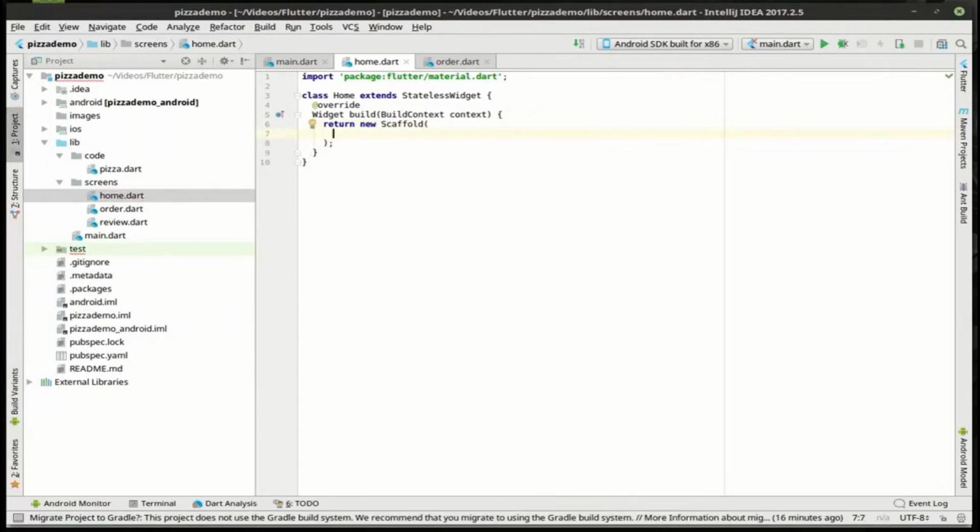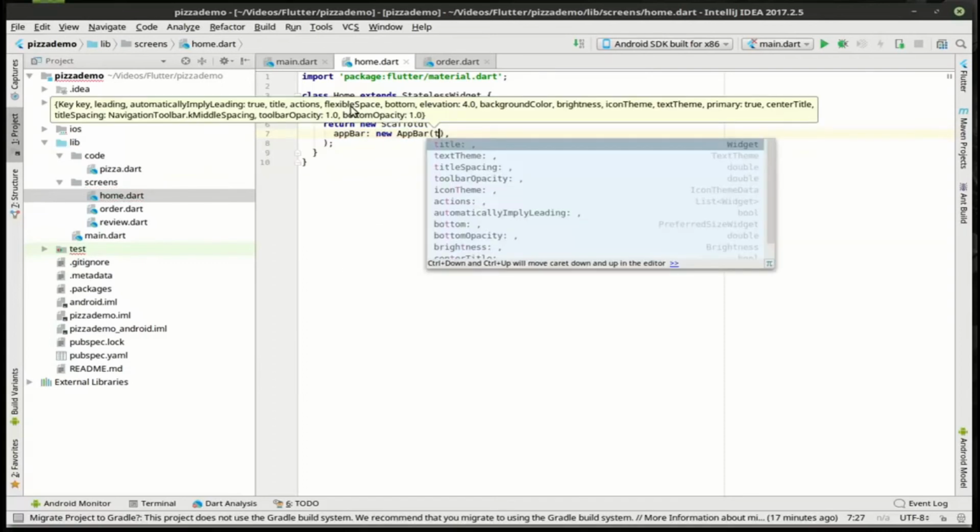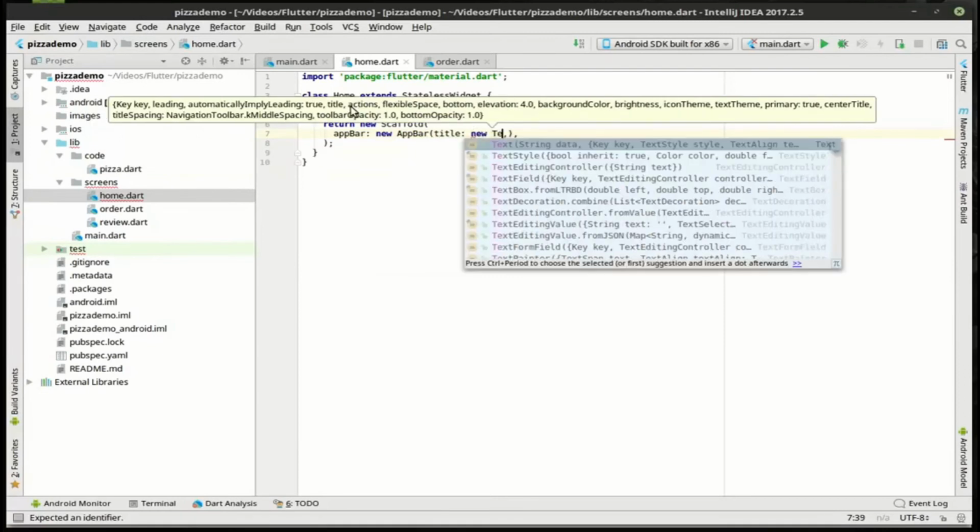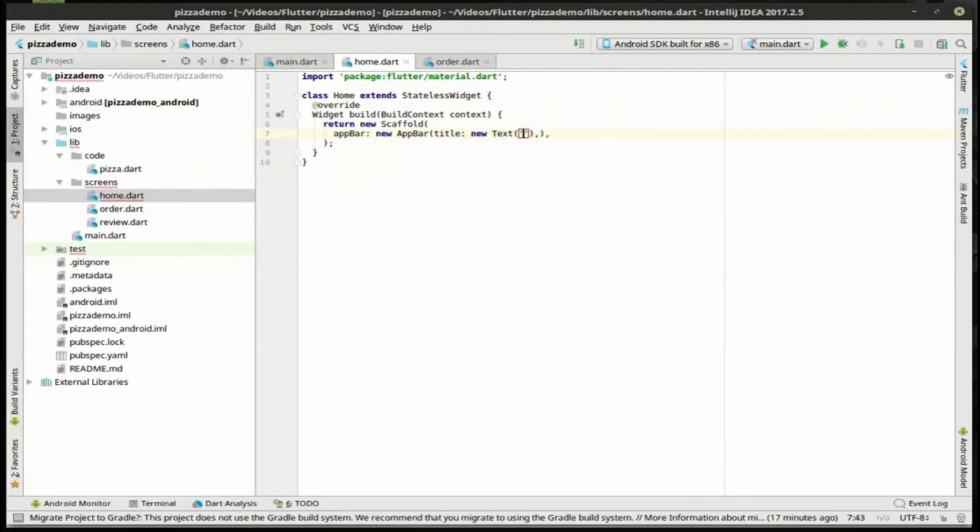So the home page is going to be very simple, but there's going to be a key element that I don't think we've gone over yet. We're going to go over how to display an asset image. So what we're going to talk about is getting that in there. So we'll say app bar equal new app bar, title equal new text, pizza demo, why not? And then from here we're going to say body,